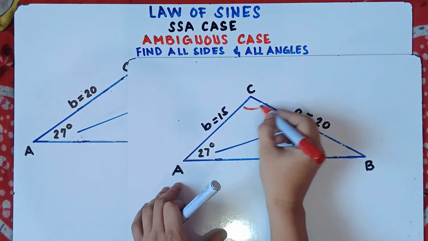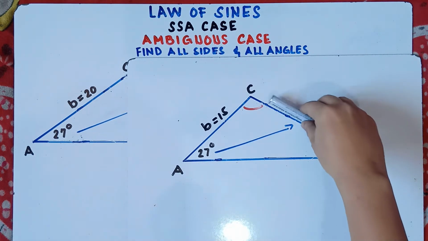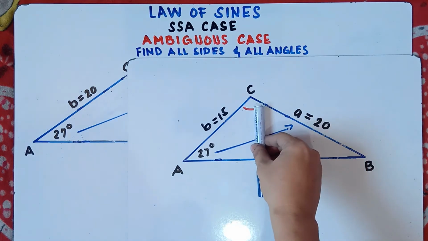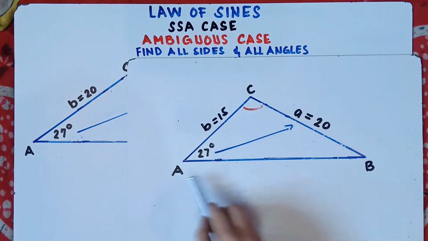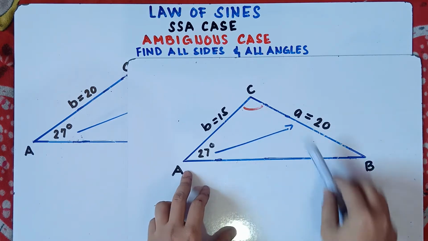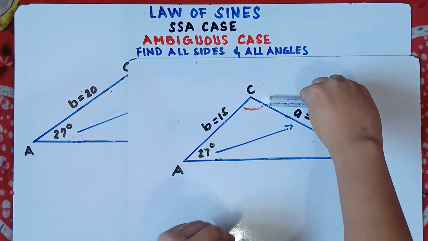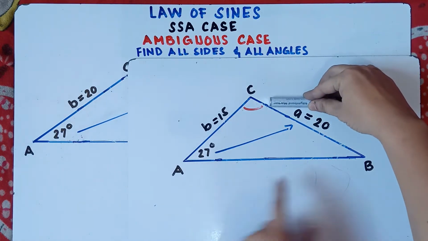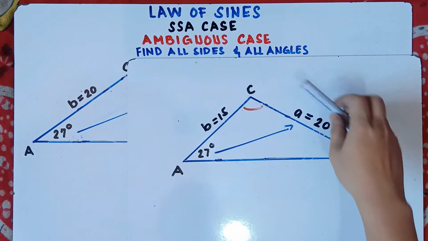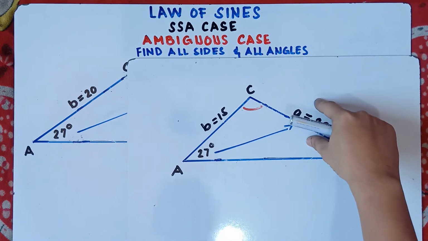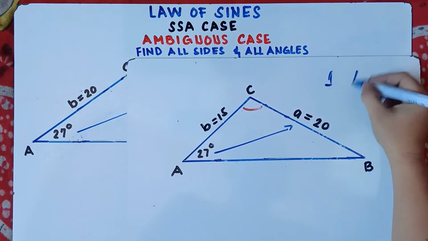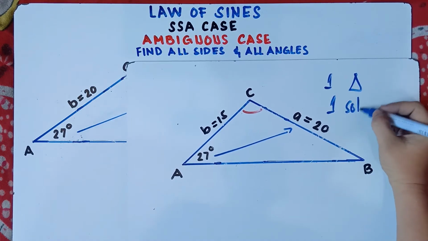Of course, we don't know the value of angle C, right? If we rotate this side, class, this side right here, CB, if we rotate it here, of course, we cannot do that. Why is that, sir? Because you will be extending this particular side AB. Once again, we cannot rotate it here because you will extend this side. Now, if you rotate it here, you also cannot do that because you will be out of this line AB. So therefore, in this particular scenario, class, if you have a side and an angle, and the side opposite of this angle is greater than this side, there's only one triangle. Once again, only one triangle and one solution.